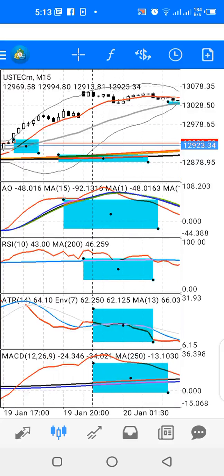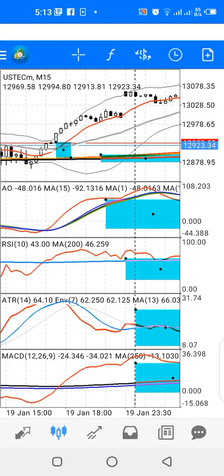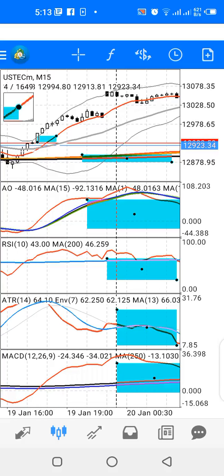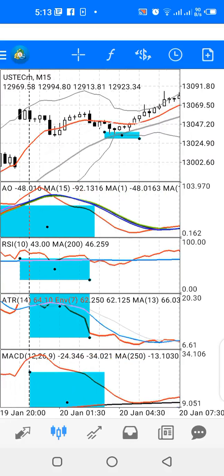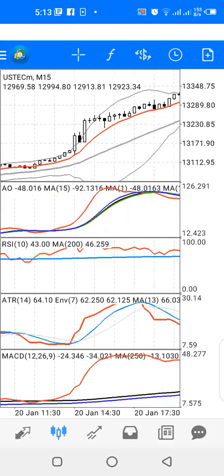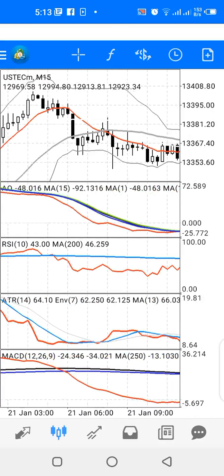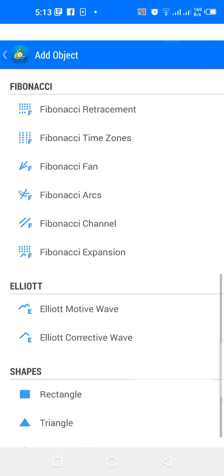if I miss the first opportunity, which is when the red line crosses above the gray line within the Bollinger Band, I look for another opportunity when price retraces and touches the lower Bollinger Band. Then I take my buy trade. Okay, you can see what happened. Price continued to go up